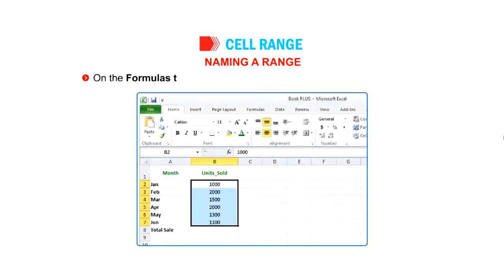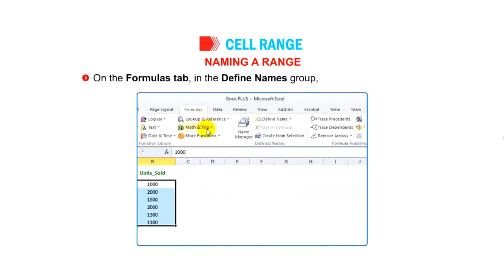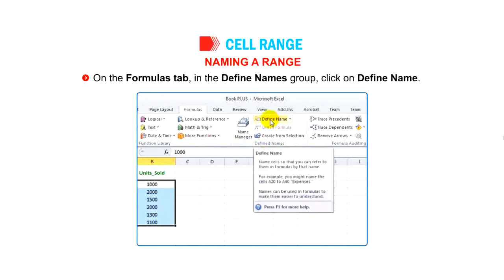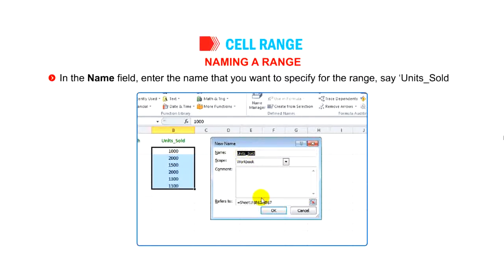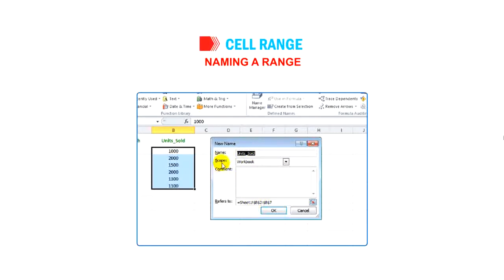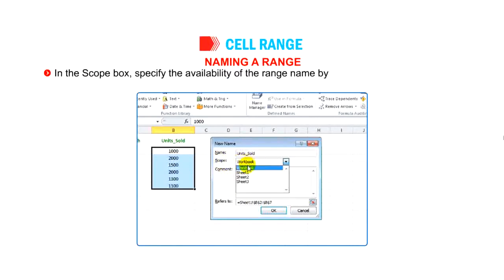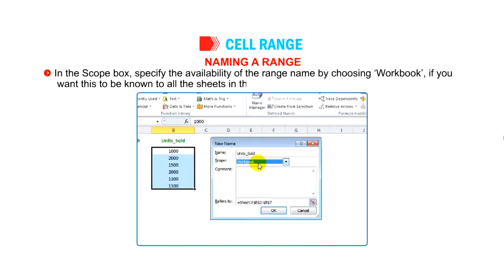On the Formulas tab, in the Define Names group, click on Define Name. The New Name dialog box appears. In the Name field, enter the name that you want to specify for the range, say units_sold. In the Scope box, specify the availability of the range name by choosing Workbook if you want this to be known to all the sheets in the workbook.